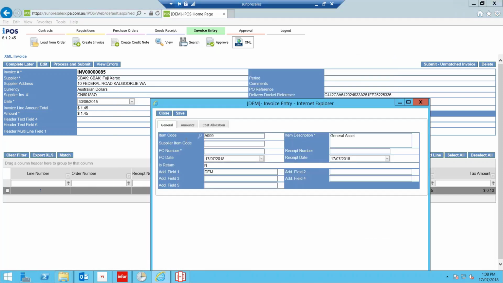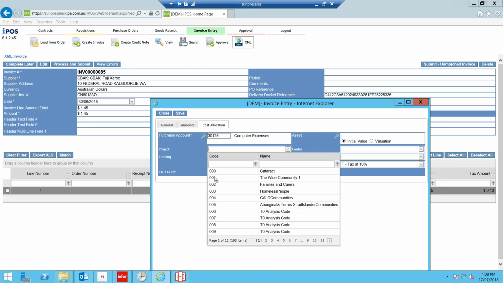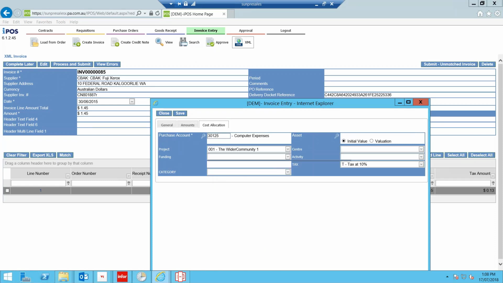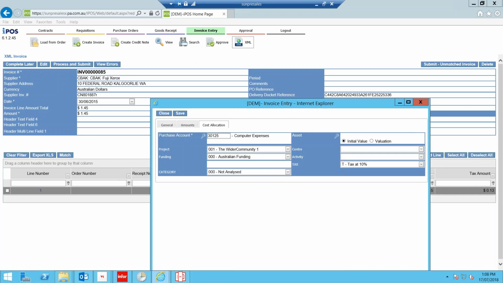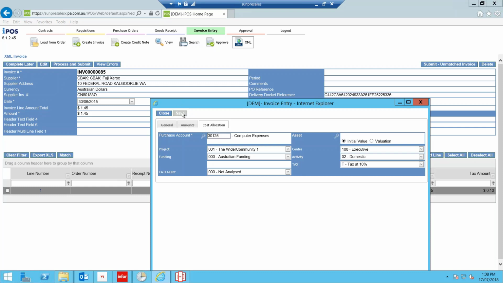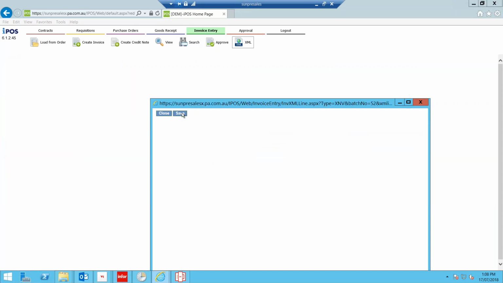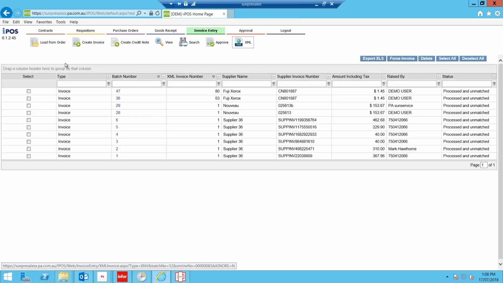Remember, when I scan the invoice, we wouldn't normally have those coding informations on the invoice. So this is where we come in here to pick up the code and fill that in. Okay, just going to tidy that up. Save. Okay, so if I go process and submit,